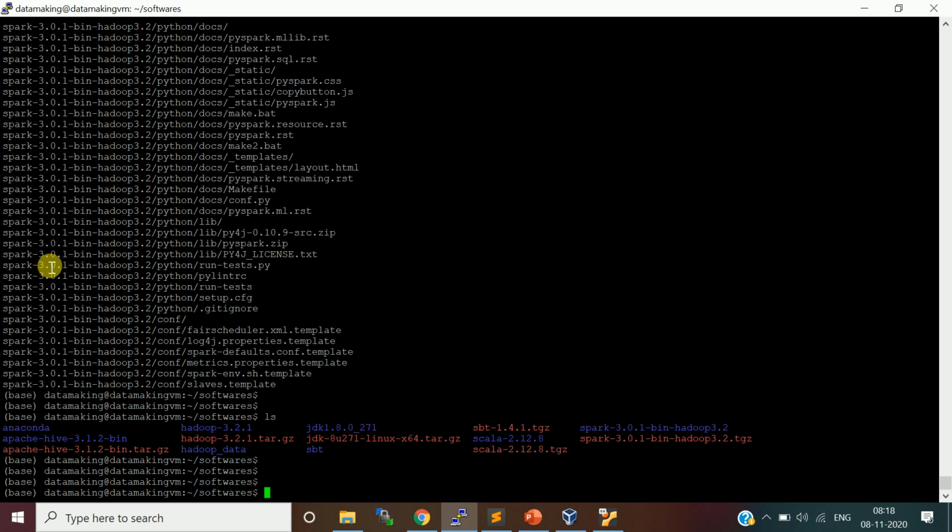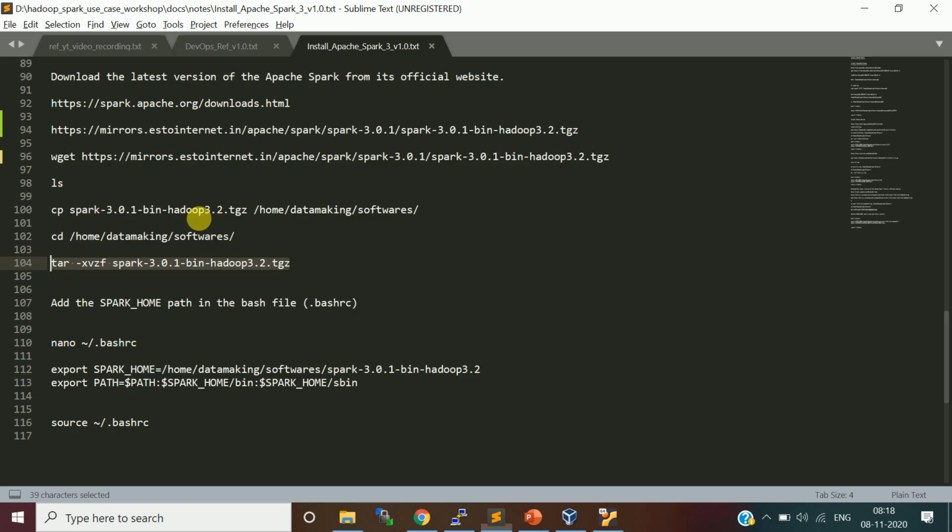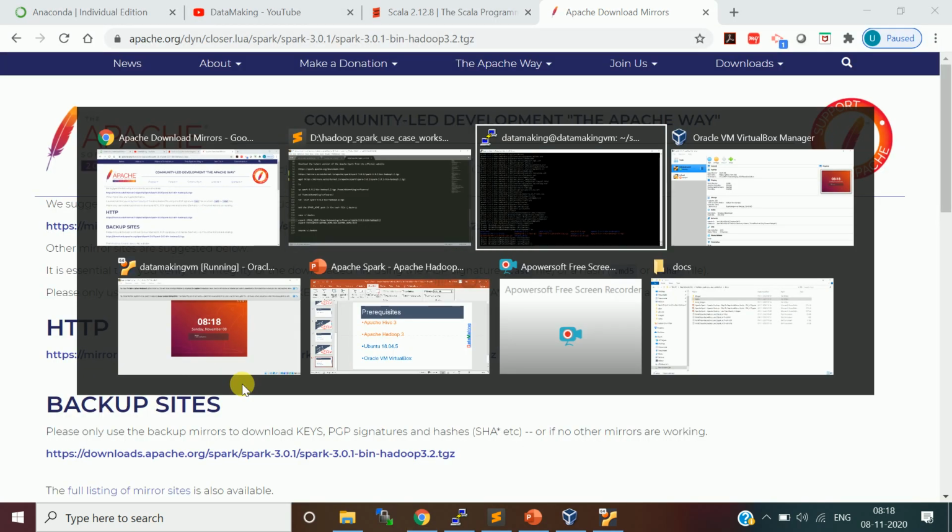Okay, so the Spark installation means that it is extracted to the folder. Now you can add this Spark home. Basically, the Spark home directory is the installation of your Spark directory, which is the extracted folder of Apache Spark 3.0.1-bin-hadoop3.2. Here there are two directories you will find.